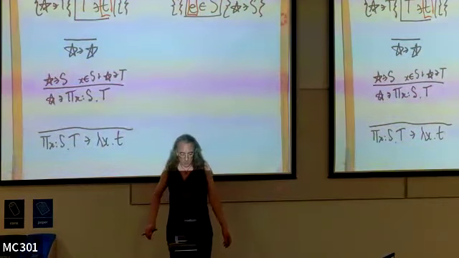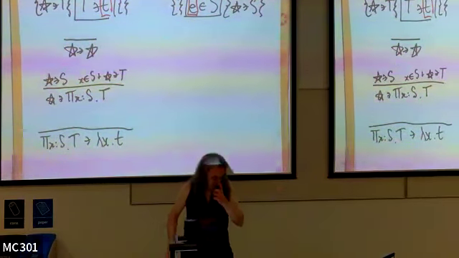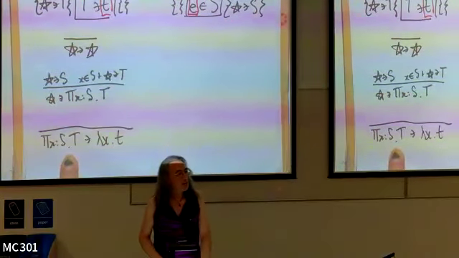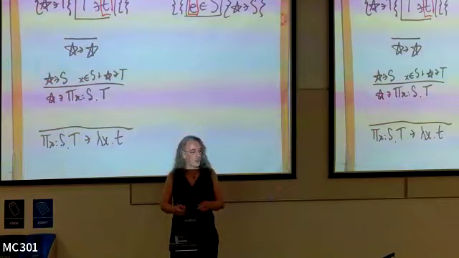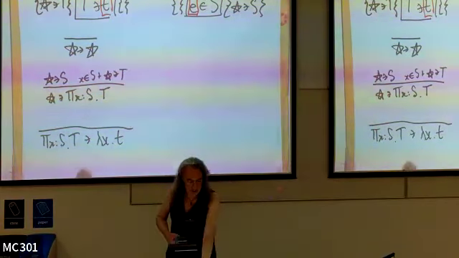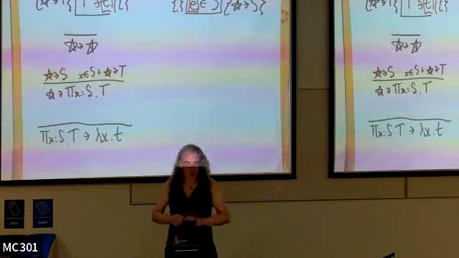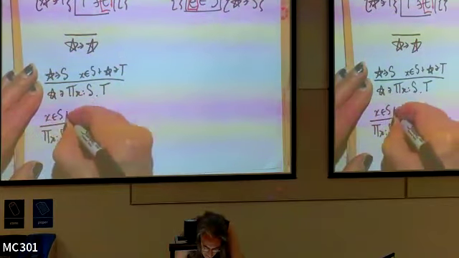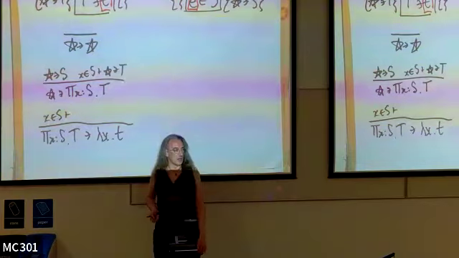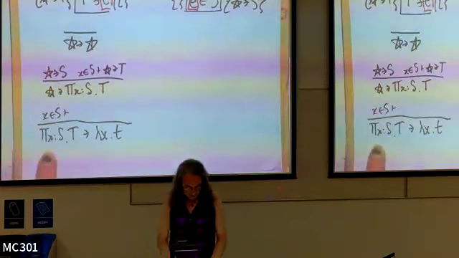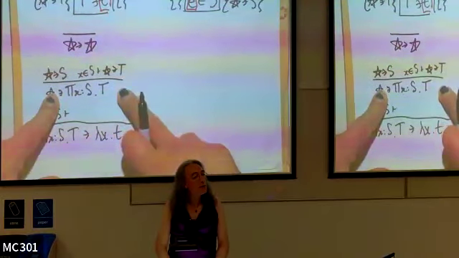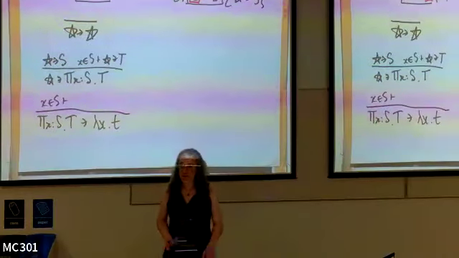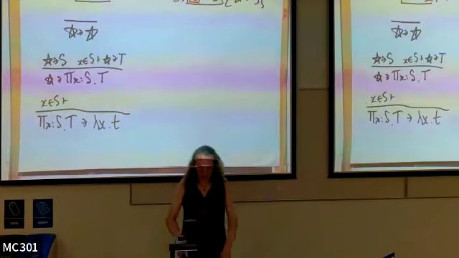Right. What do we know? We know that pi x in S, T is a type. We are promised that by whoever asked us to check this function. Correspondingly, we are allowed to extend the context with little x in type big S, right? Because this can only have come from here, more or less. So we can, by inversion, deduce that big S must have been a type for the whole pi type to be a type.